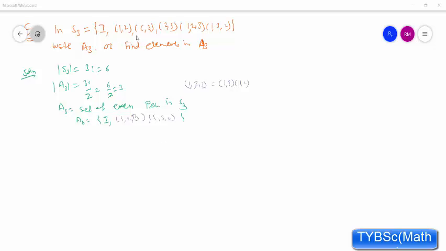Here, see, these are 6 permutations. Out of 6, the identity and these last 2 are all even permutations. We took the collection of these. We are not taking these ones because they are single transpositions, so they are odd permutations. (1 2) is odd, (1 3) is odd, (2 3) is odd. So we have to omit these and only 3 remain. That forms an alternating group because it satisfies the closure property.